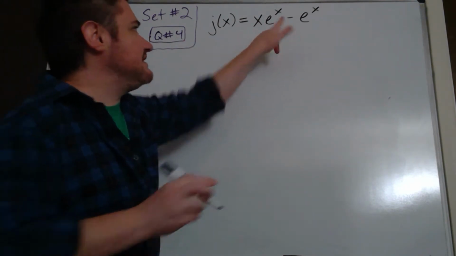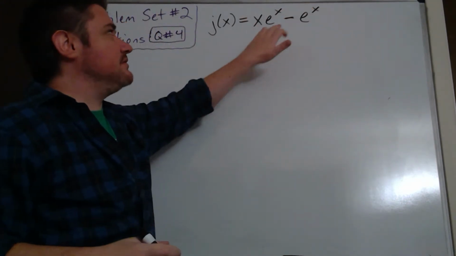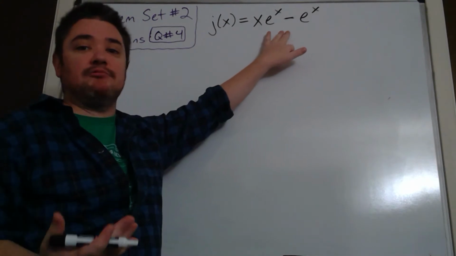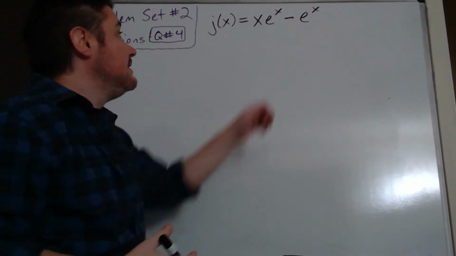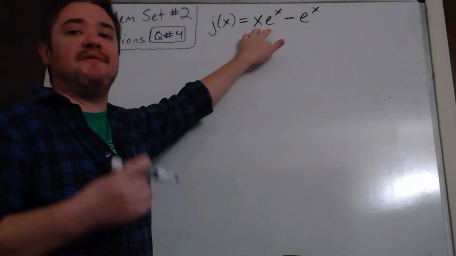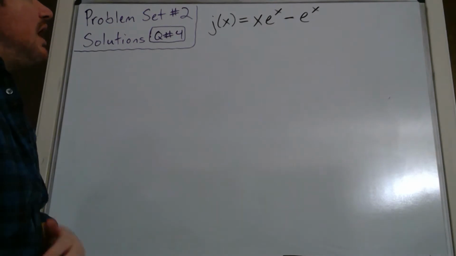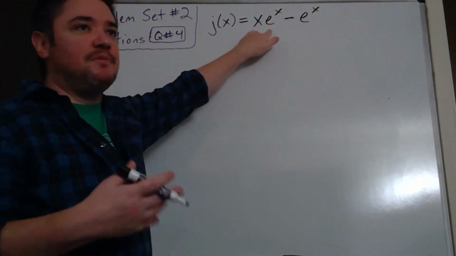So first, looking at this, I've got a subtraction right there. Right, so a difference. So taking the derivative as far as the two terms being subtracted, that's no big deal, right? We have our difference rule, which just says take each derivative separately and subtract those. But here we do have a product. We have x times e to the x. All right. So to figure out the derivative of that thing, let me do the product rule a little bit